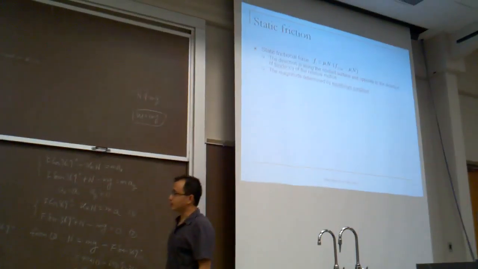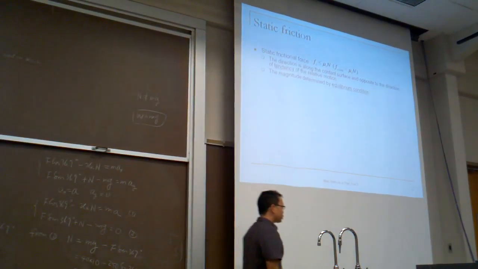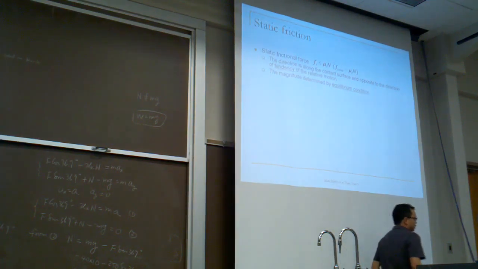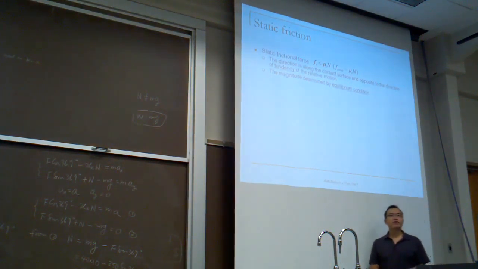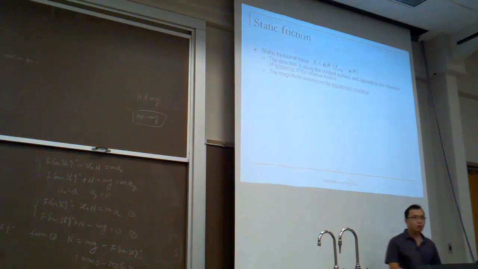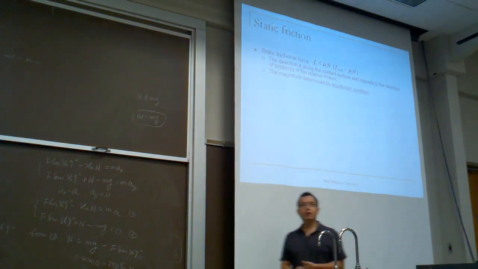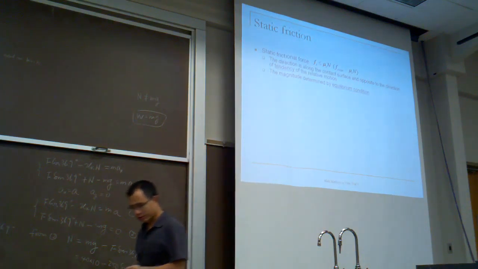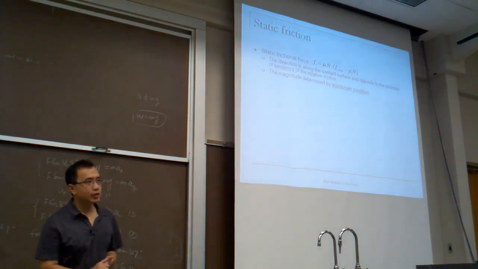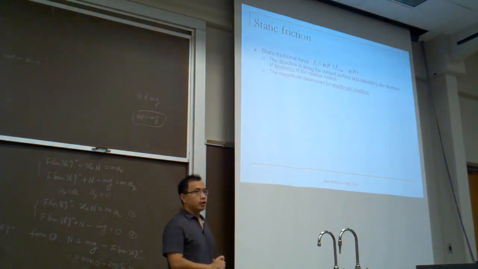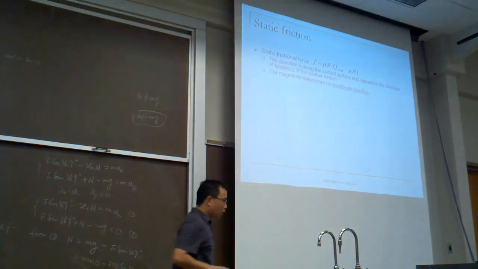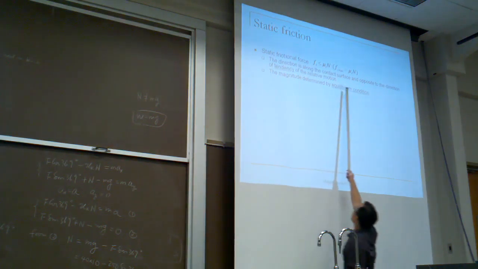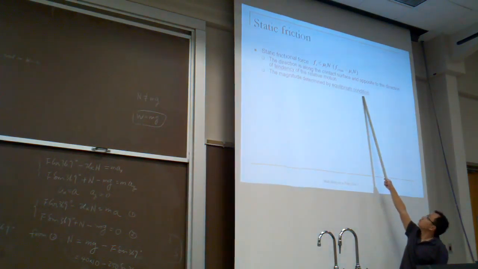Static friction is difficult to deal with compared with kinetic friction. For static friction, what we know is that the two factors, the coefficient of friction mu s and the normal force, together can only determine the maximum possible static frictional force. They wouldn't determine the actual frictional force in any given situation. Mathematically, you can say Fs max, the maximum possible frictional force, equals mu s N, or you write